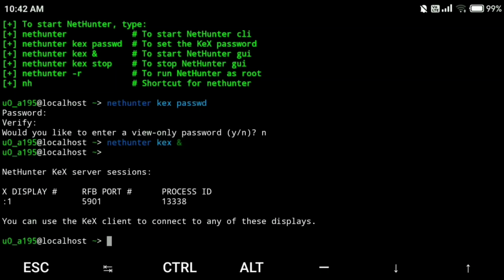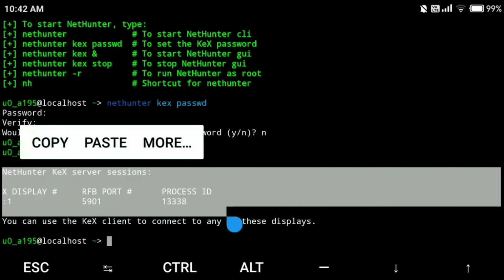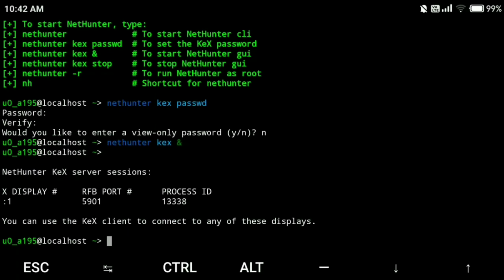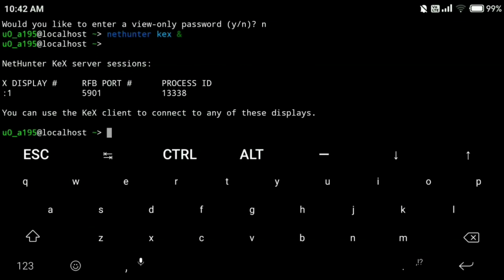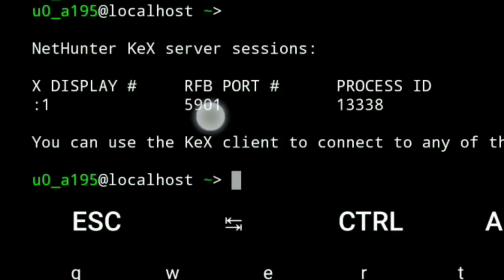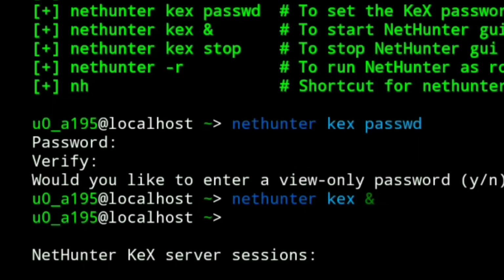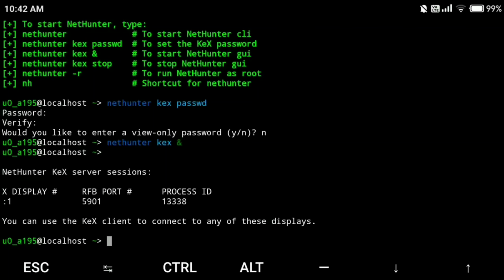You will get these details on your screen, and make sure you remember this port 5901. It is required to connect to the VNC server through the application. So remember that port. Let's connect. For that, open the VNC Viewer application right now.